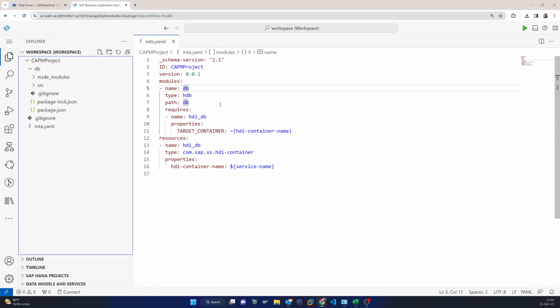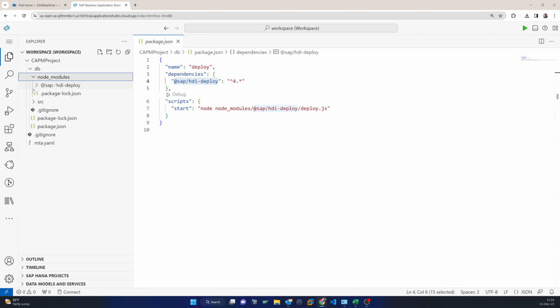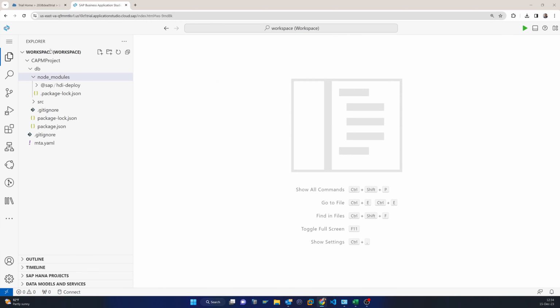So from the very beginning, for the safe side, you can see the package is the dependency, and in the node module these dependencies are there. So that means we are fine, we are good to go, but for the safe side it's always better to